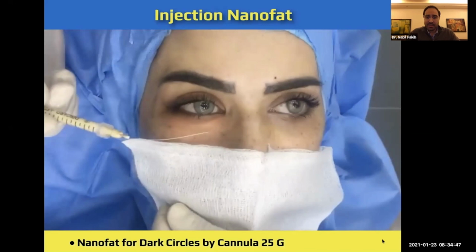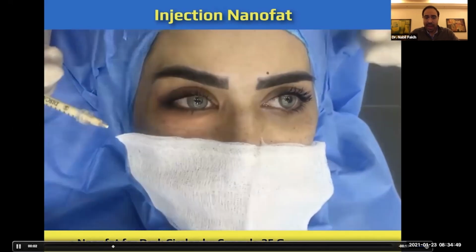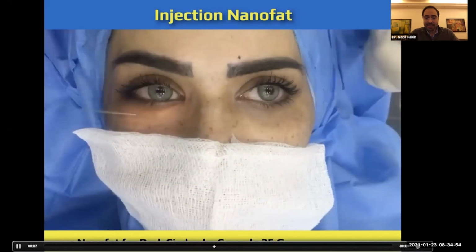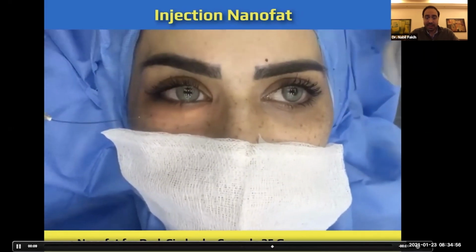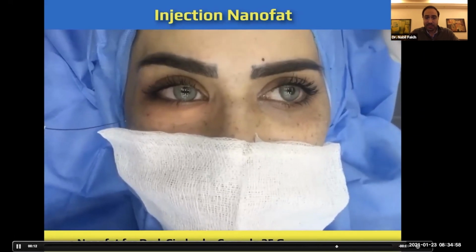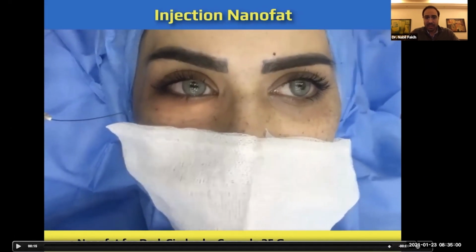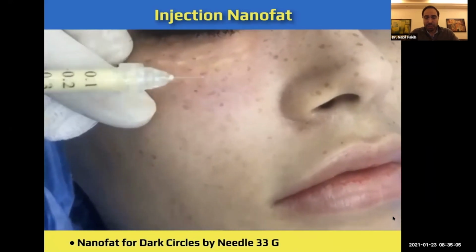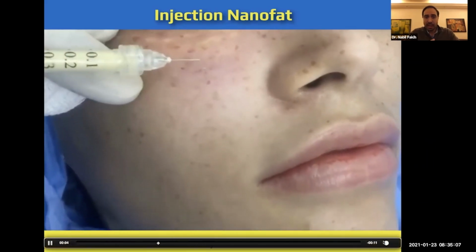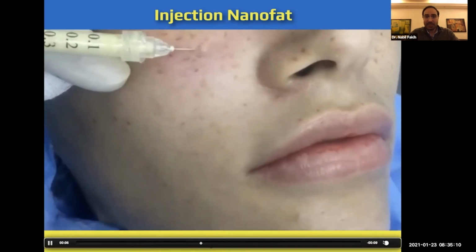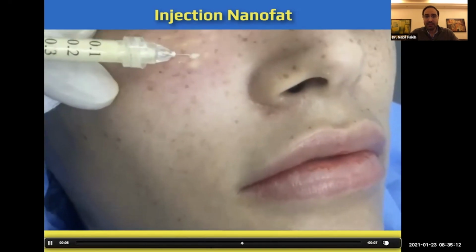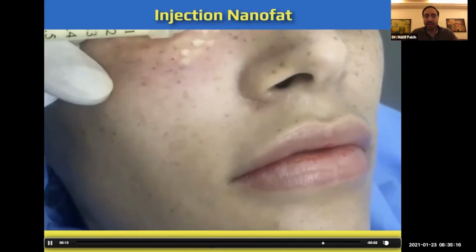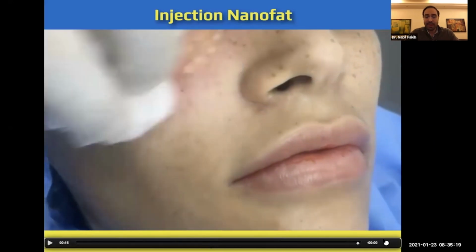As you see, we injected nanofat with cannula, but I've seen that you should also inject nanofat with needles, because if you inject under the skin, it's totally different than if you inject intradermally. With cannula, you're not injecting technically intradermally. Patient has anesthesia. I should really push. After doing with a cannula, I should push inside really to create this yellowish effect under the skin of all the dark circles. And technically, I prefer to inject with needle after I inject with cannula.